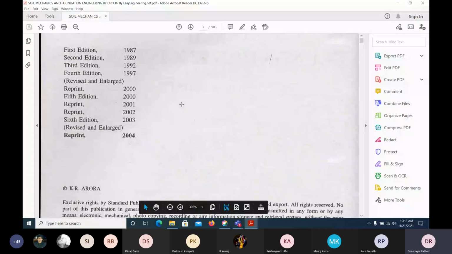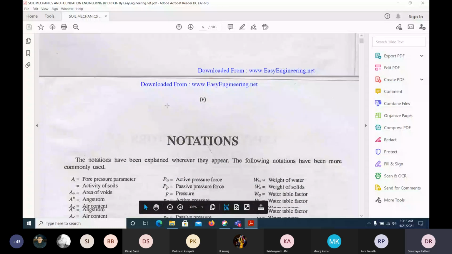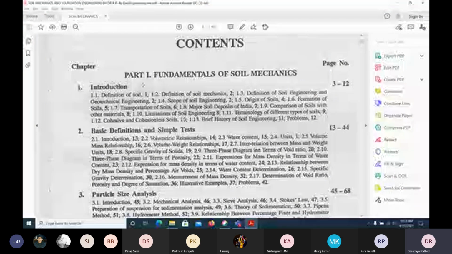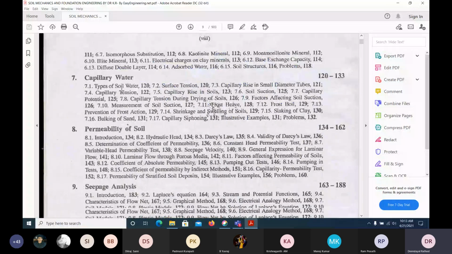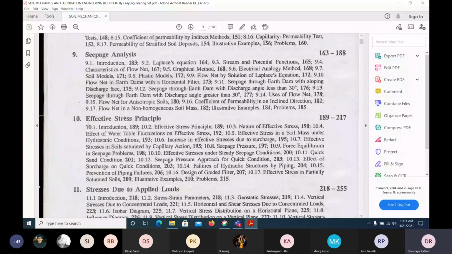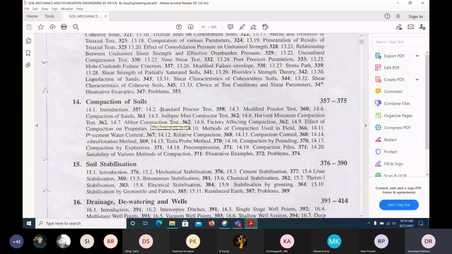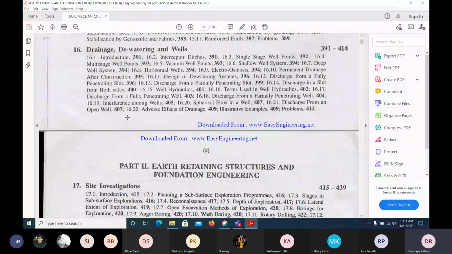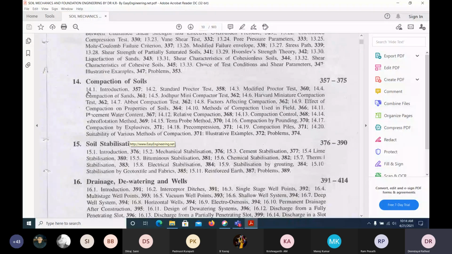So 4 to 5 people you can have, divide yourselves. So first chapter, second, third, 4, 5, 6, 7, 8, 9, 10, 11, 12, 13, yeah, 14. Sorry, 14. These two won't be there. This file stabilization you will study in MTech. If you want to do the dewatering techniques, you will study when you do MTech. So 14, and you divide.